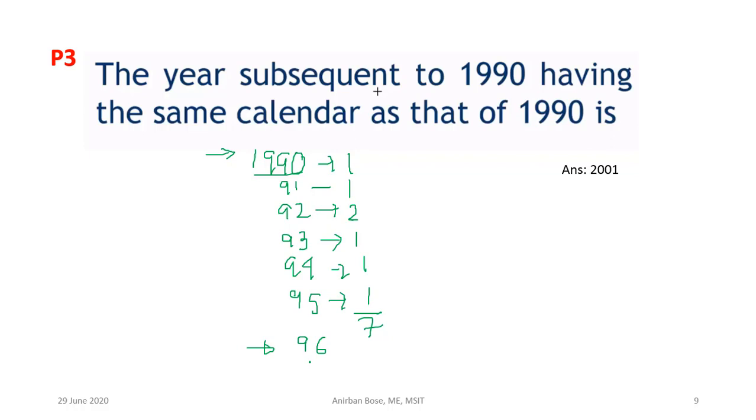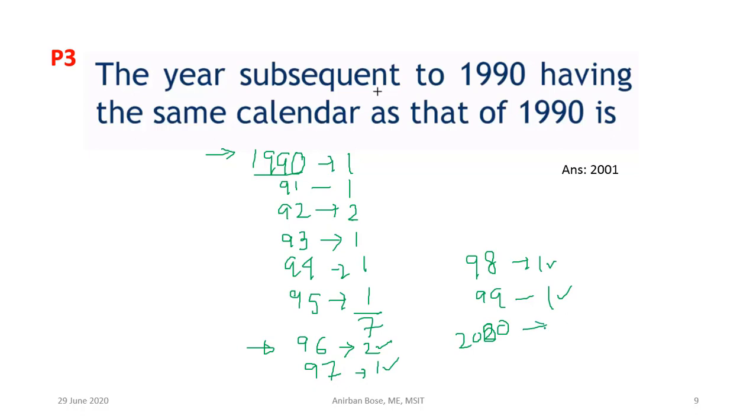So what we have to do? We have to go again. 96, how many days are there? 2 odd days. Okay, because it is a leap year. Then 97, it is 1. Then 98, again 1. 99, again 1. How many you have considered extra after 7? 2 plus 1, 3, 4, 5. Then